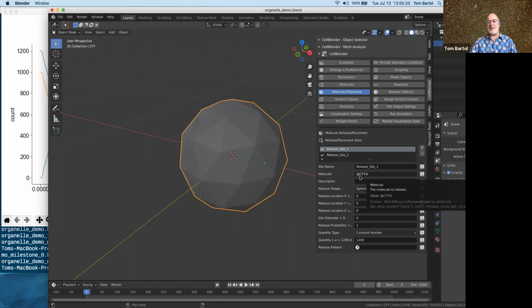So this at site means if this were a complex molecule with many molecules bonded together, this at site applies to the entire complex. It would put the entire complex in the volume, in the volumetric compartment called site. Okay,